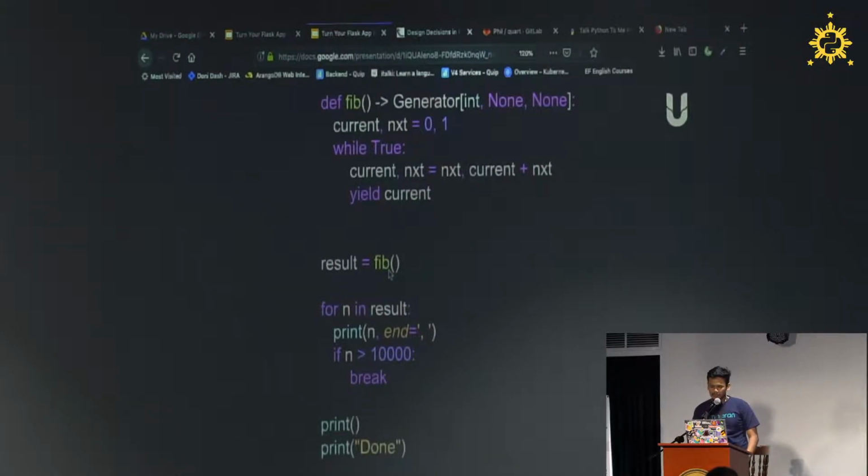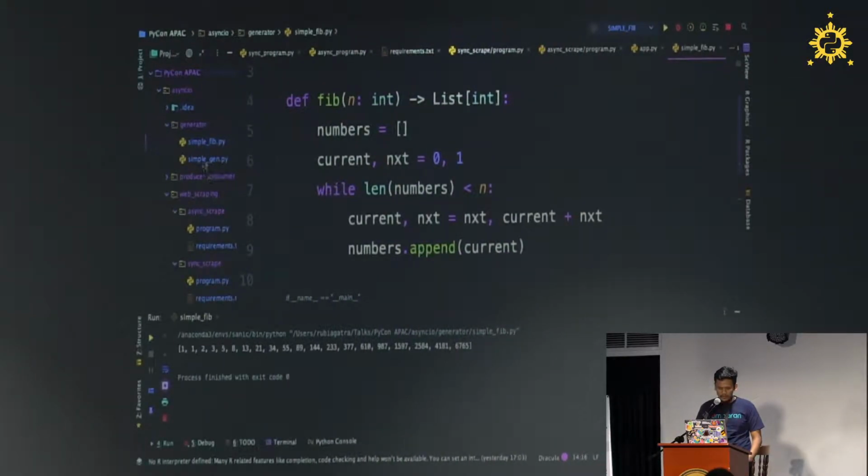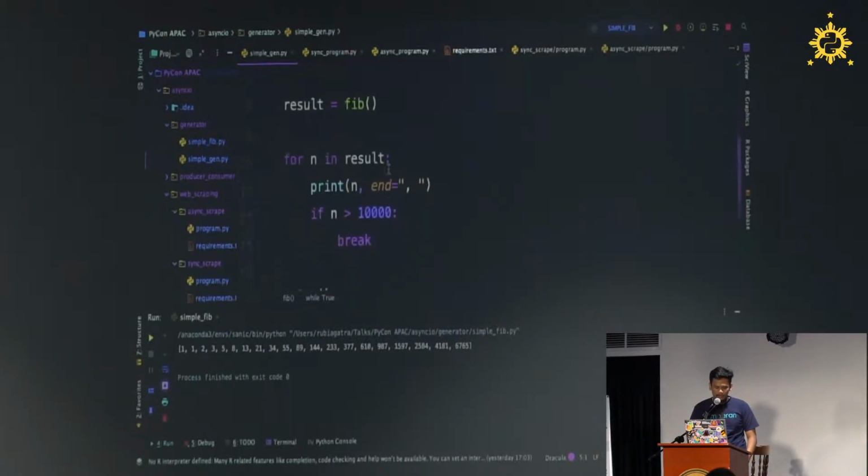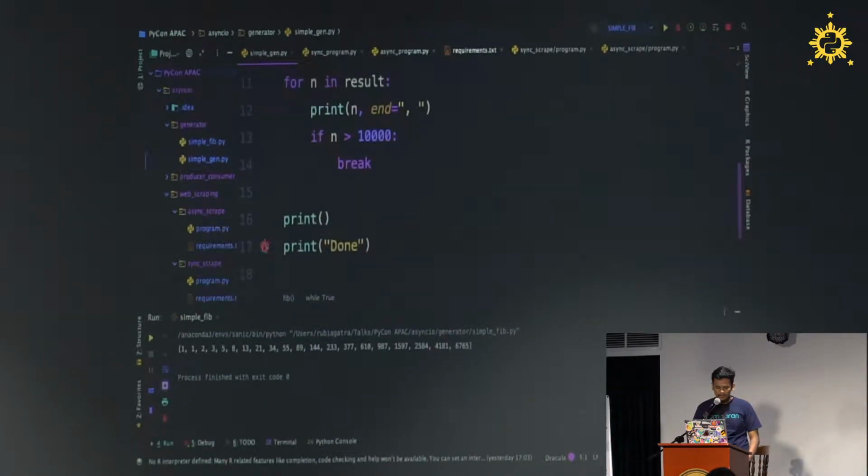Because it's a generator, we must make a loop to get the data from the generator, and we can print it. And if n is more than 1000, we break. So this is the simple generator right here.